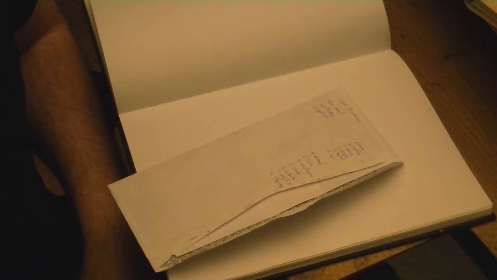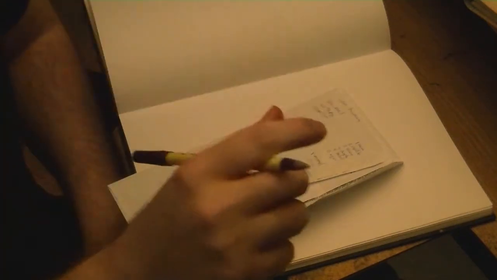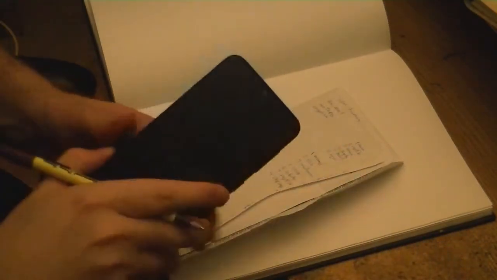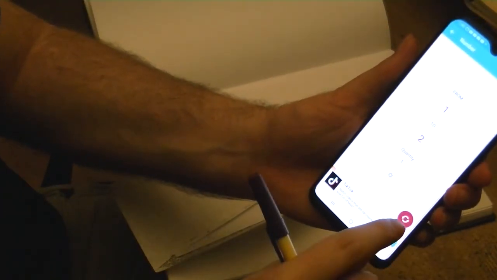Now, let's determine, are they an adult or are they a child? I guess they could be a teenager, but I'll consider that as child. But first we'll do adult or child. If it's an adult, we determine if it's an elderly adult or a younger adult. If we do child, we'll determine whether it's a young child or a teenager. So, okay, 1 will be child, 2 will be adult. Okay, so we're making a child now.